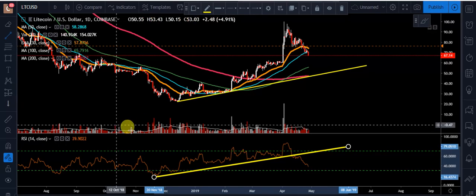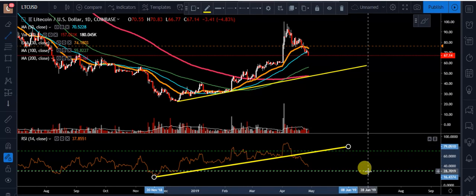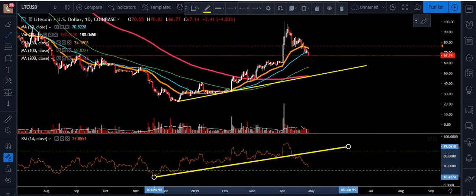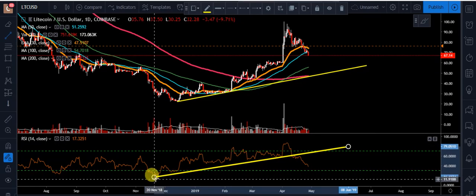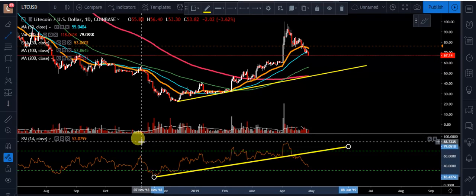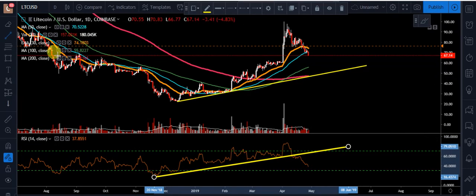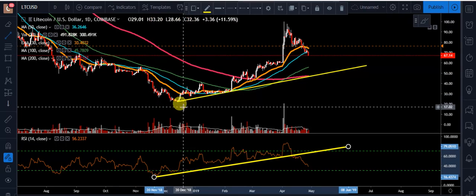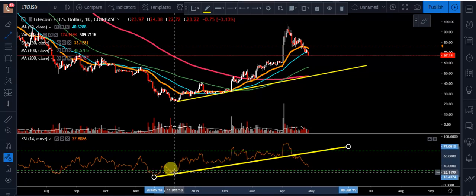We could go a little bit lower here, and what we would look for is maybe a bounce around that 28 on the RSI. Then ultimately I'd look down around that 15 on the RSI where we had this low right here. I don't think we're going to be getting that low, but that's something you want to keep on your radar, guys. And also, when we're having this big sell-off, do you see how the price is getting lower and lower? We went all the way to 22, but what we did, we set a higher low